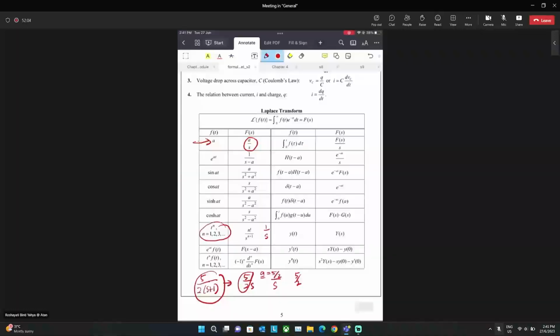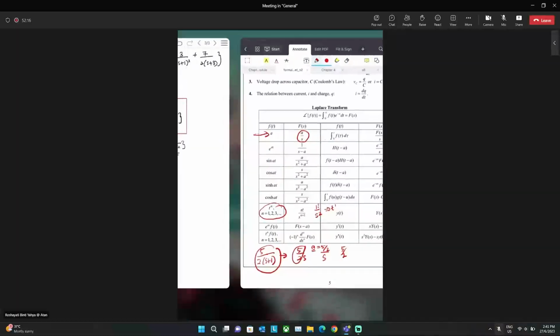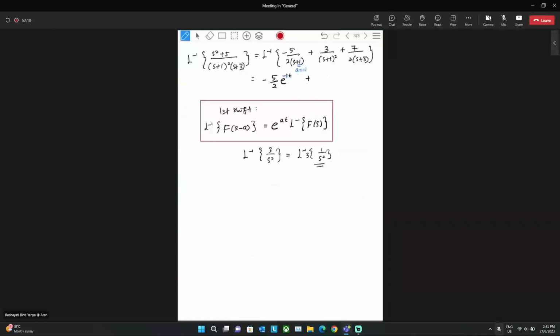s to the power of 2, right? So become t to the power of 1, right? This is n factorial, so 1 factorial. So you will get 3t to the power of 1. So 3t. Since we have